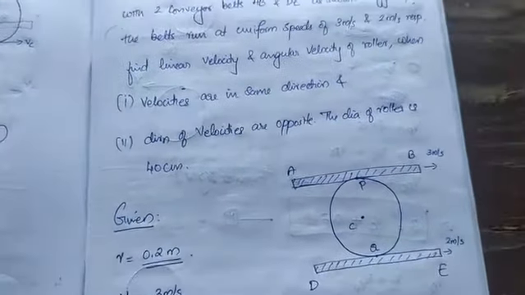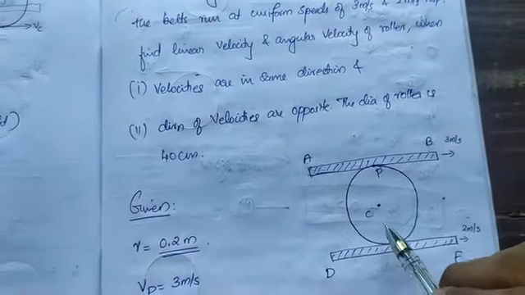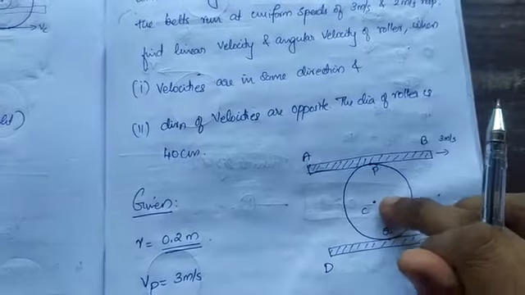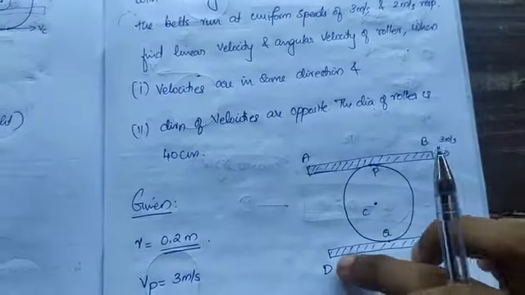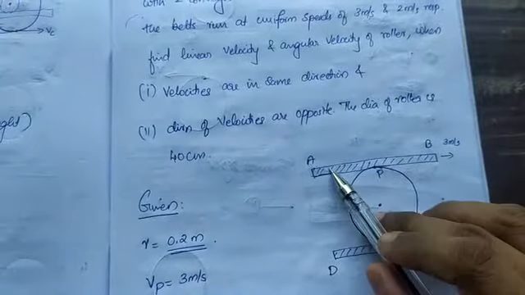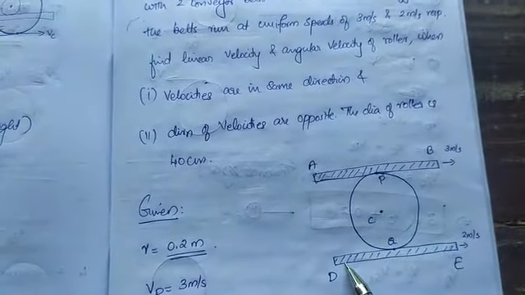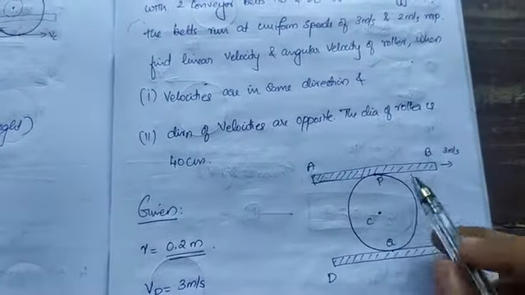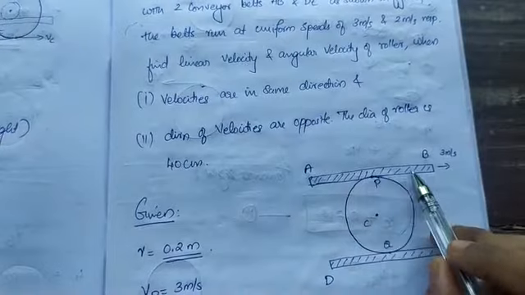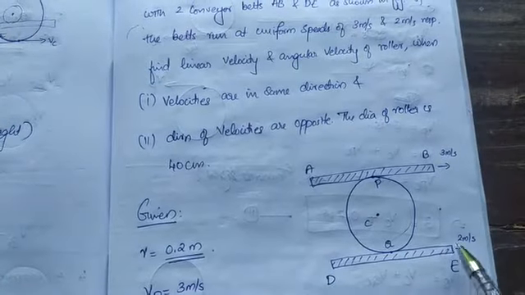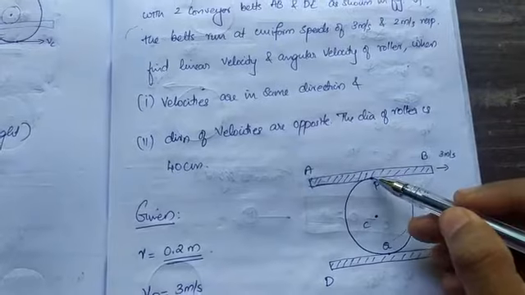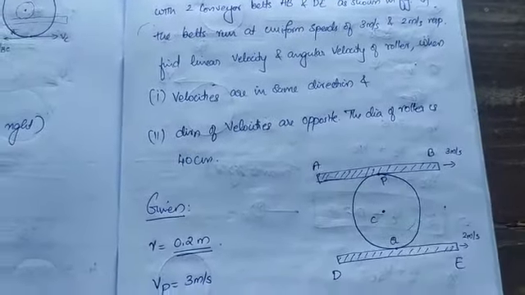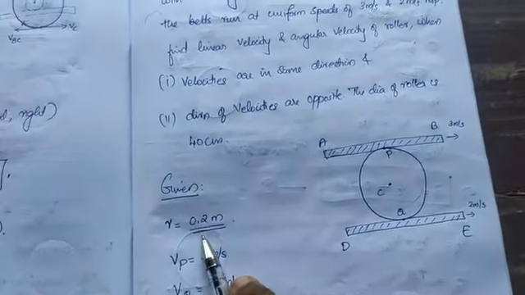Okay, so what they're telling is that you have a roller, and actually this roller is not the initial thing to move. There are two rails which are moving along this direction. So what happens if these two are moving? This will also rotate, right? So initially when AB is moving at 3 meter per second and this is 2 meter per second, what will be the velocities at point P and Q, provided the diameter of the roller is 40 centimeter, that means 0.2 meter. Okay, so radius is given.